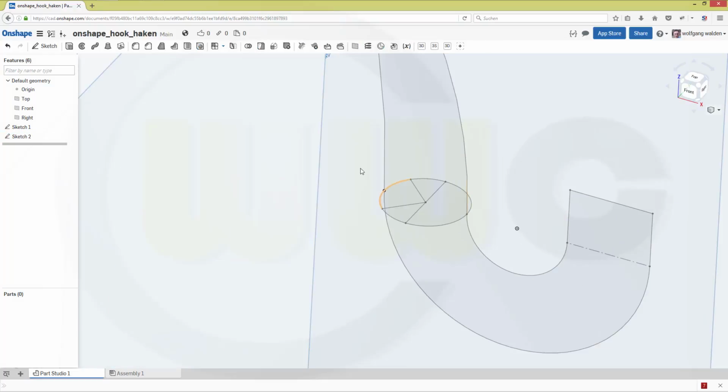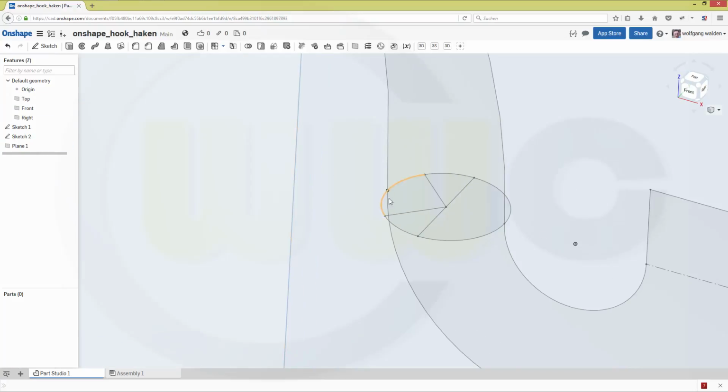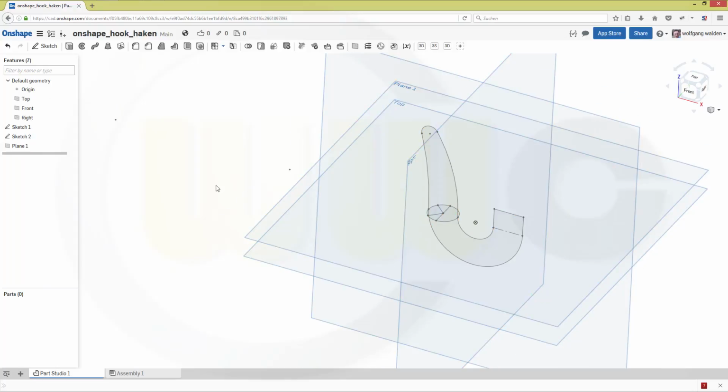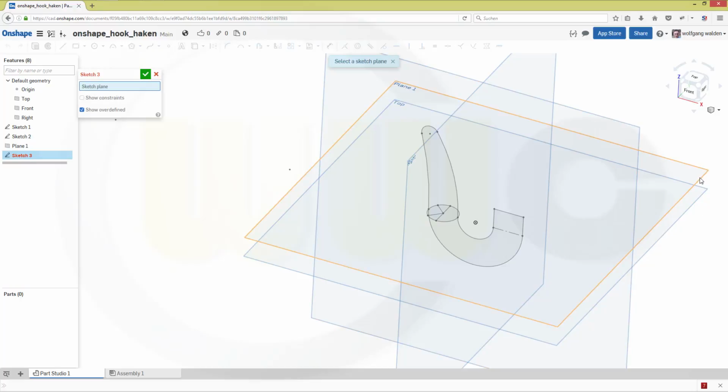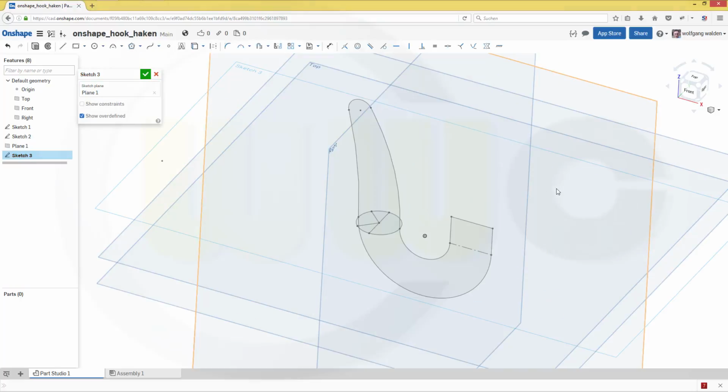Then I need a plane, and this plane should be with an offset to the top plane, and this should be 10. Confirm. And on this plane I will do another sketch over here. It's another circle,